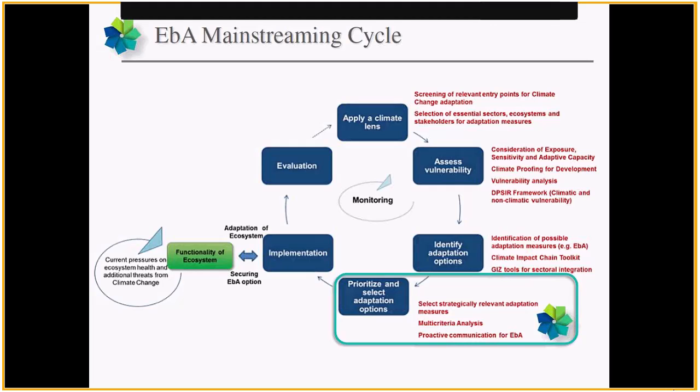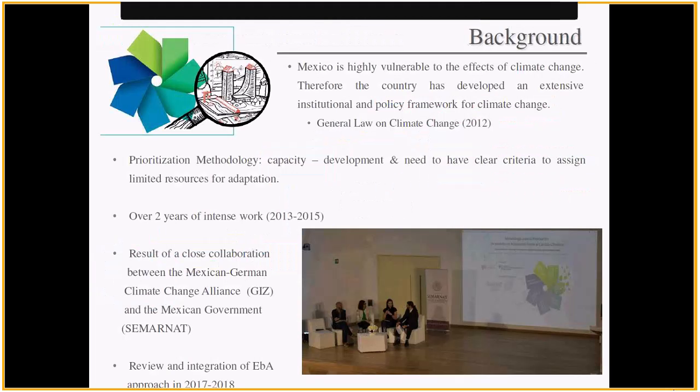So that's very important. Then we must suggest that when we have a lens on EBA, on ecosystem-based adaptation, we should always understand the functionality of the ecosystem. What are the services that ecosystems provide to our territories in the rural and also in the urban context? I'm not going to stop further on, because I want to be a little bit faster. So we can go to the next slide, please.